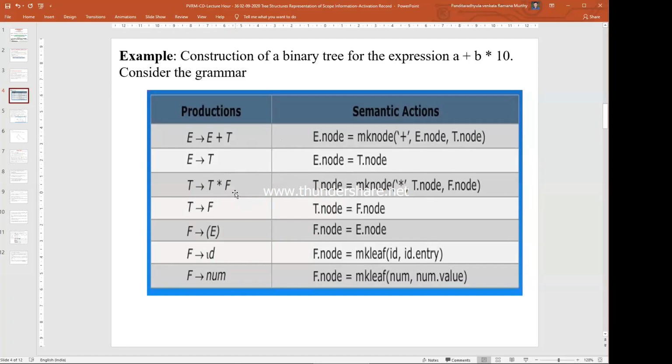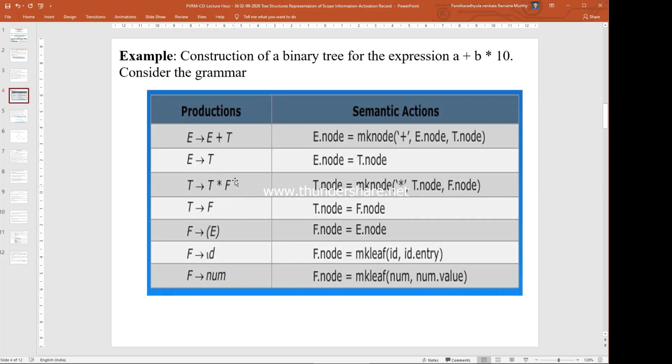Similarly, if you have T derives T into F, once again we have the operator, and we need pointers to T and F also, so that we get the values for T and F. The T and F can be once again a variable or a number.